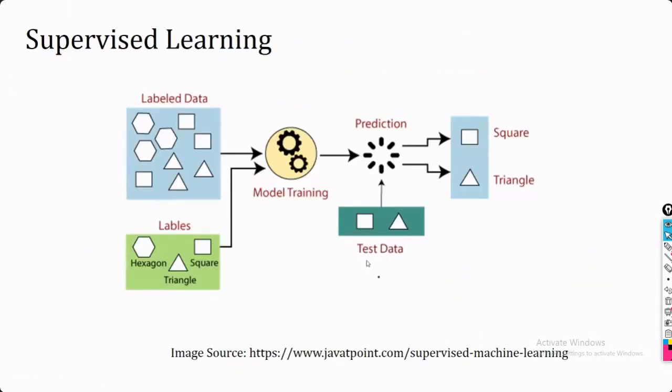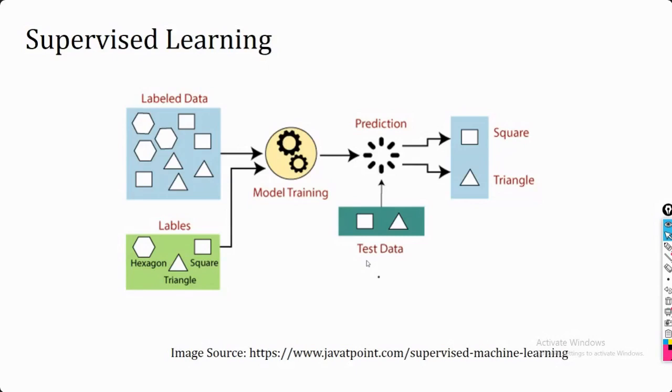This example, this diagram, we have already covered in your last class, and this is also applicable here. In this case also, we are going to supply the labeled data, along with the classes for each of the instances. Based upon these two combinations, we are going to prepare the model.